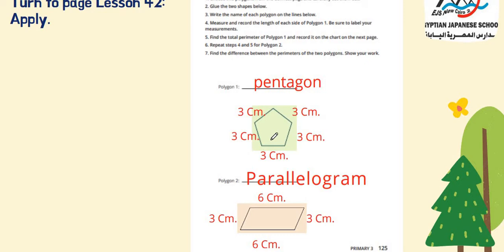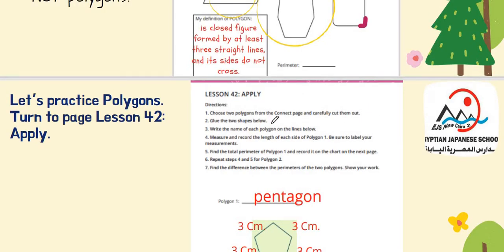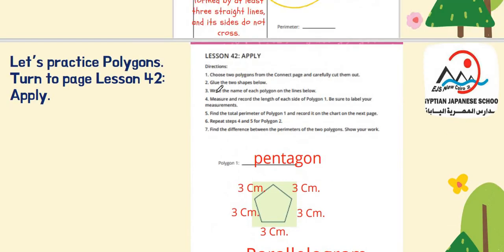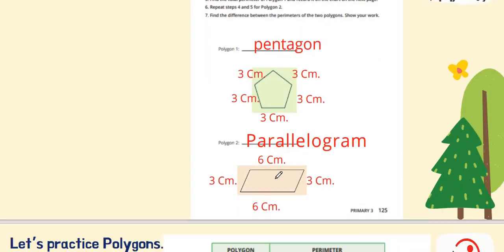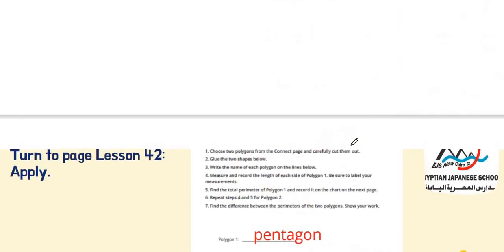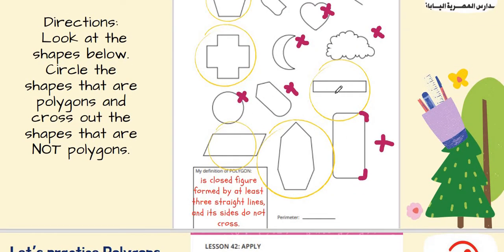You will cut and glue. Pentagon and parallelogram. Okay, glue the 2 shapes. I did it. Okay, write the name of each polygon on the blue lines. Yes, I chose pentagon, so I wrote pentagon. Okay, I chose parallelogram, so I wrote parallelogram. You can choose rectangle. Perfect. Okay, don't choose these 2 shapes,